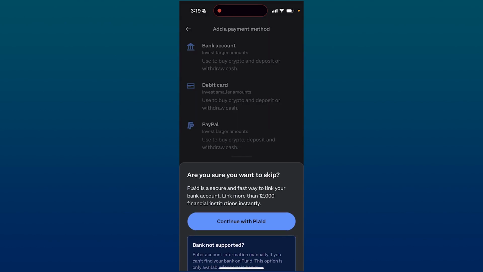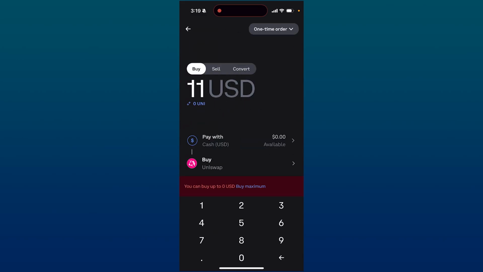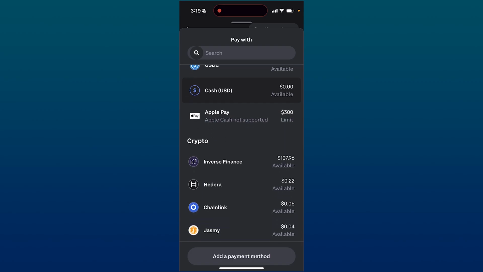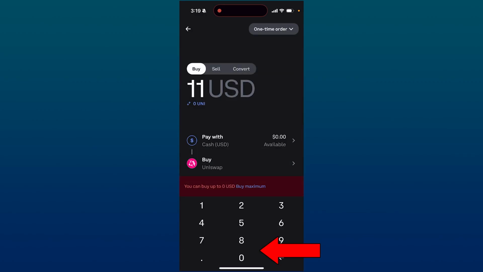Coinbase account. And as you can see, once you log into your bank account, you can pay with that, or you can enter in your debit card or PayPal and so on, or you can even pay with currency in the app like I have. So here, if I have $100 in crypto, you can pay with that and just swap it. That's how you just get Uniswap with